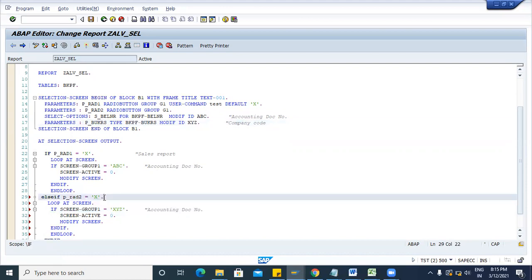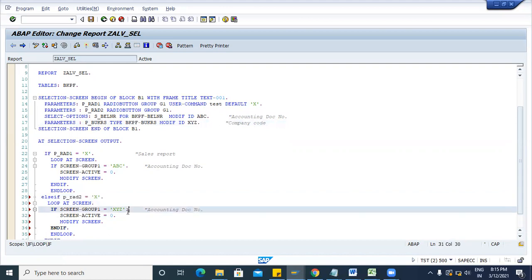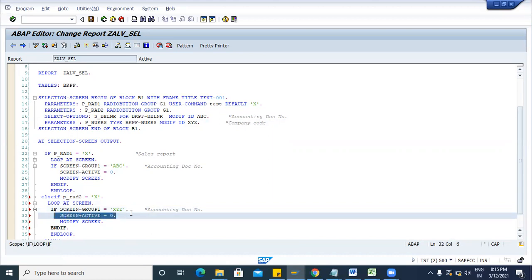So if the second radio button is active and company code modified we are passing here, then active equals 0. Active equals 0 means disabled.